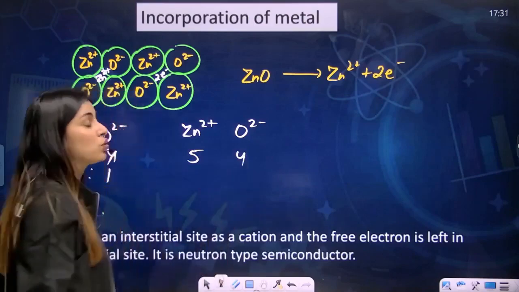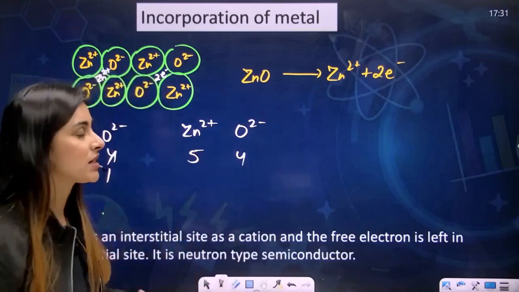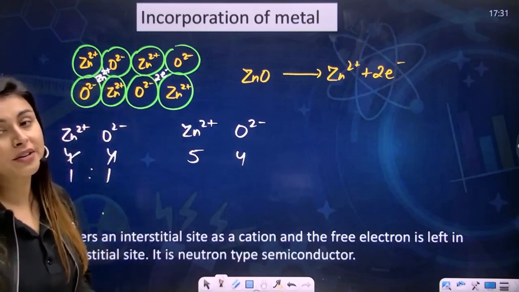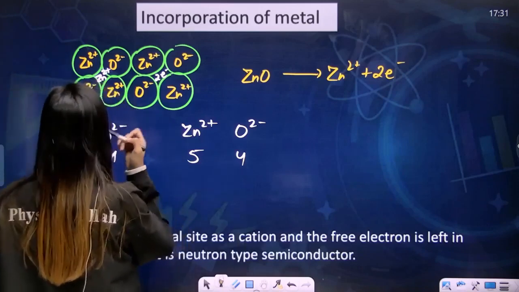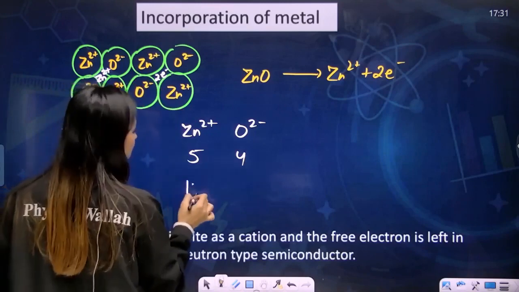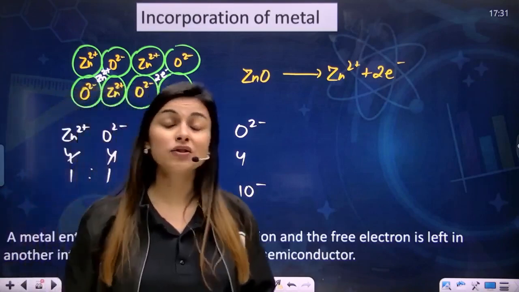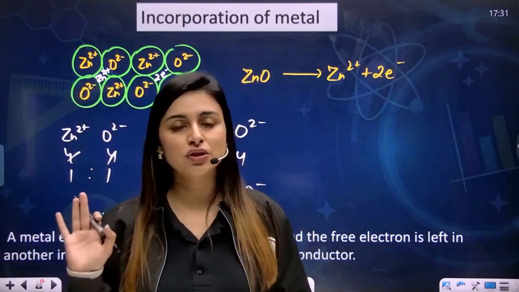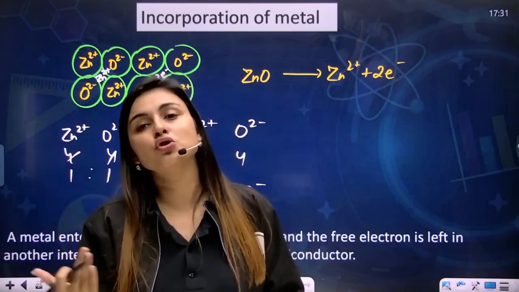Now, if I talk about Zn2 plus and O2 minus, now you have 5 Zn2 plus and you have 4 O2 minus. So the ratio has changed, and since the ratio has changed, can I say that it is a non-stoichiometric defect, and is it electrically neutral? Yes, total of positive charge is 1, 2, 3, 4, 5, 10 positive, and you have 10 negative charge. So yes, ma'am, electrical neutrality is still maintained, right? Yes. So the electrical neutrality part is good to go, and the ratio has changed, so it is a non-stoichiometric